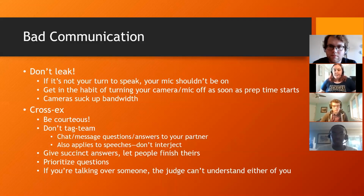Yeah. Treat cross-ex not as much as a competition and more as a period for clarification. Don't try to win the cross-ex as much as try to get information out of the cross-ex and get what you need. The last thing I'll say too is that I feel like this is something we beat students over the head with,